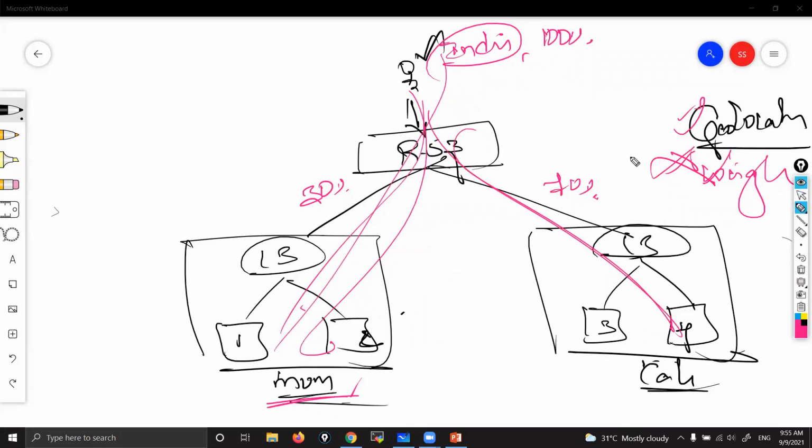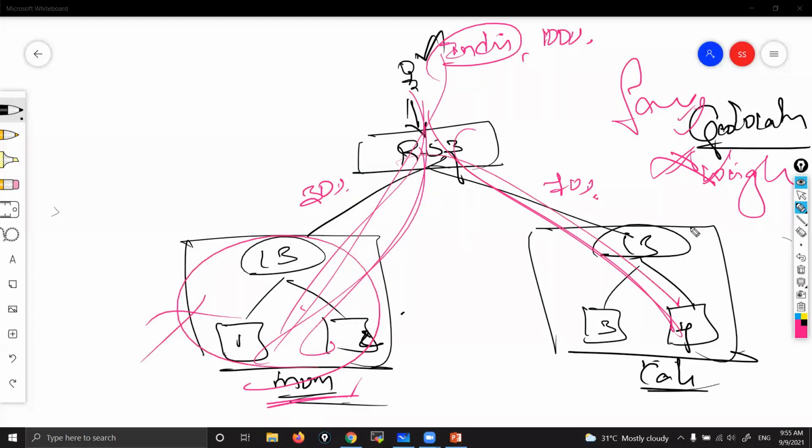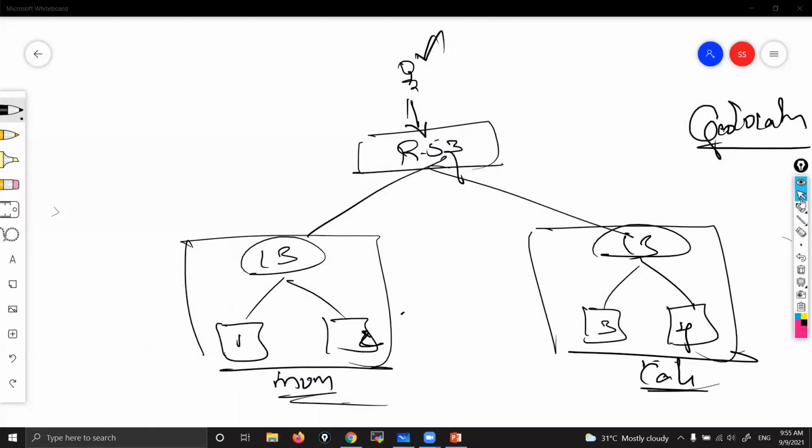At the same time, you are configuring failover. You are saying that all requests should be routed to Mumbai only, and only if it goes wrong, then there. Again, you are giving weighted 70 there. That's a conflict, right? So you can have only one.